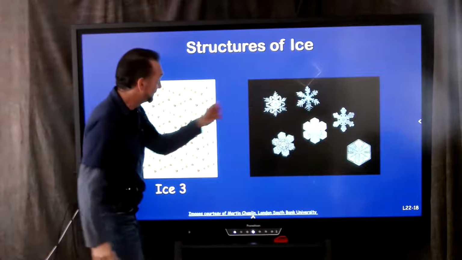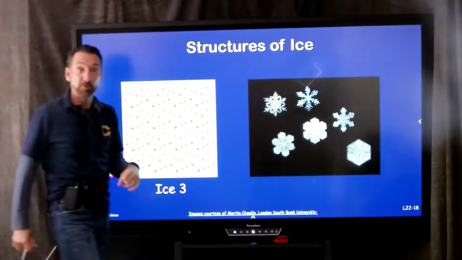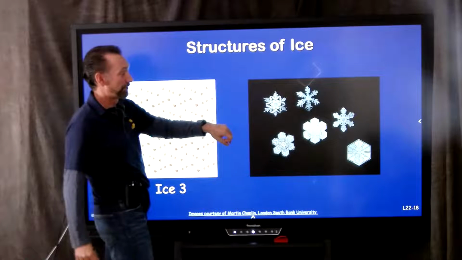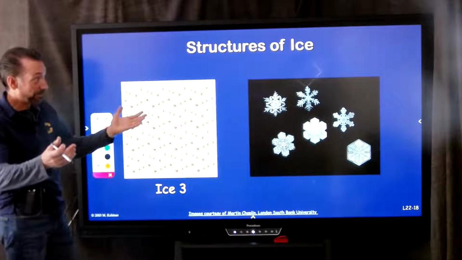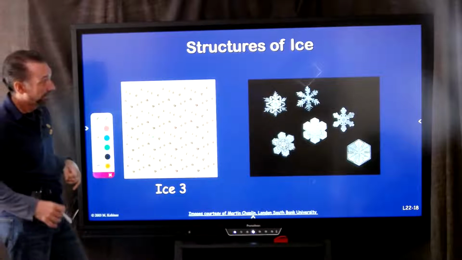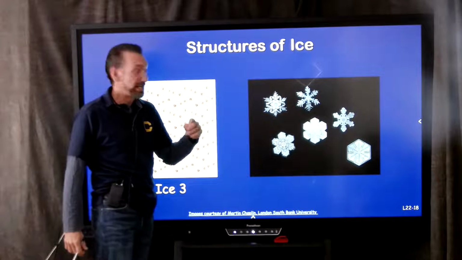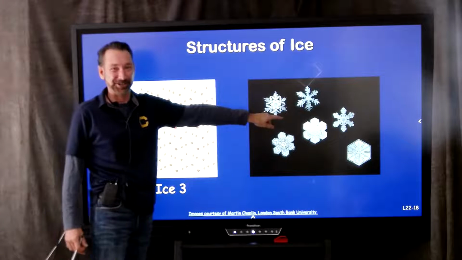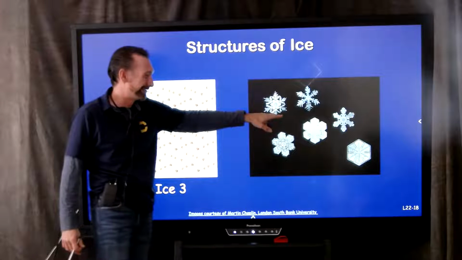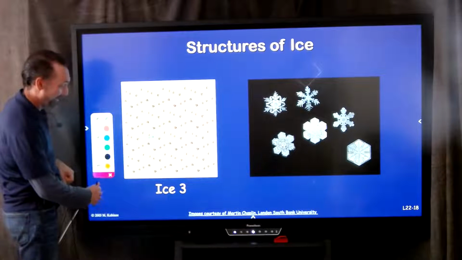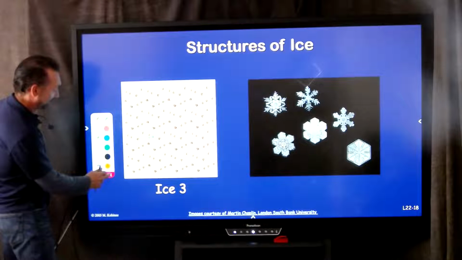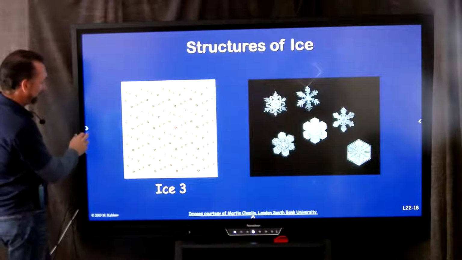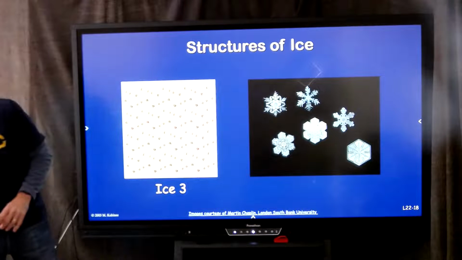The hexagonal nature of that is reflected in snowflakes, and they have a hexagonal structure. And you've probably heard that no two snowflakes are alike. And that's generally true in nature. If you go to this website, though, these guys have made two identical snowflakes. So all your general beliefs are being shattered here about water. So let's go back a second and look at that